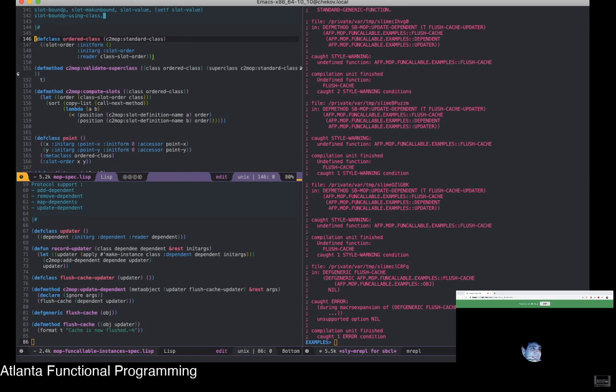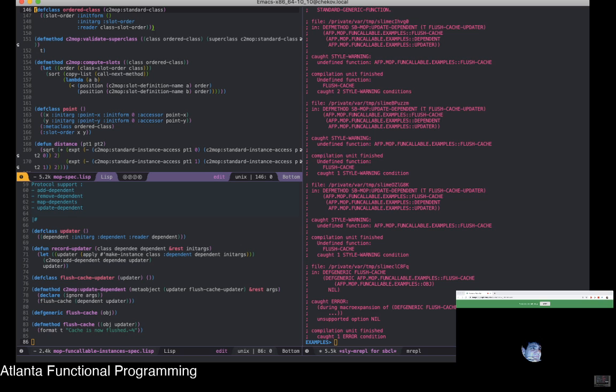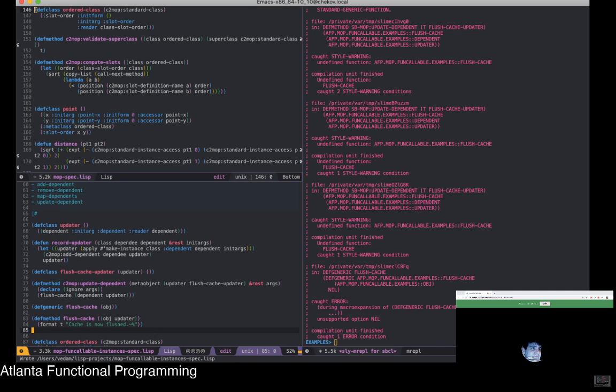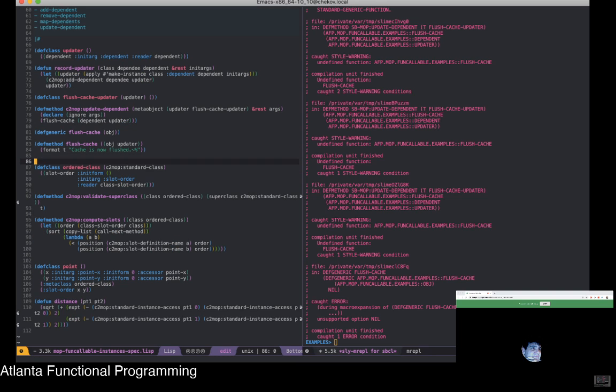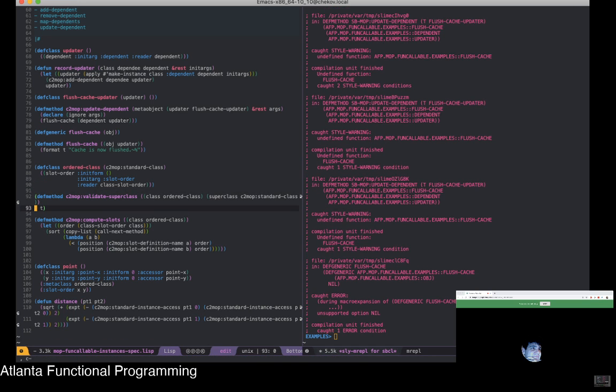Let's define an ordered metaclass that we defined here. Now, let's say that we have this point class here that we are defining. Well, we could also specify here